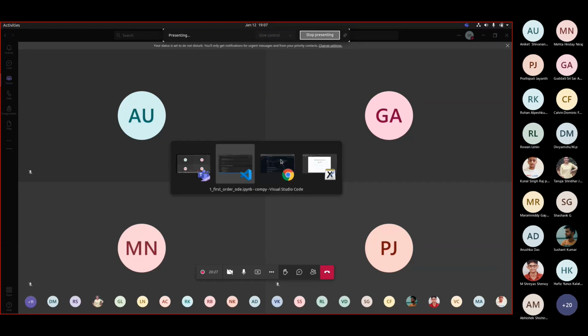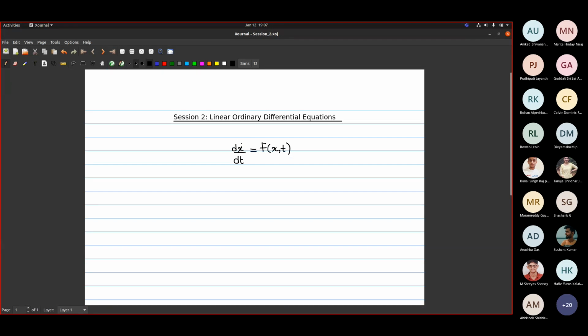So this is the most basic form of an ordinary differential equation, that is dx/dt equals f(x, t). In a lot of places you will see the notation dy/dx and f(x, y). I prefer to use x and t because we are learning about computational physics, and position and time are some of the most common variables used. We will be learning about a couple of systems today, and there too you will see that these are the more common variables.